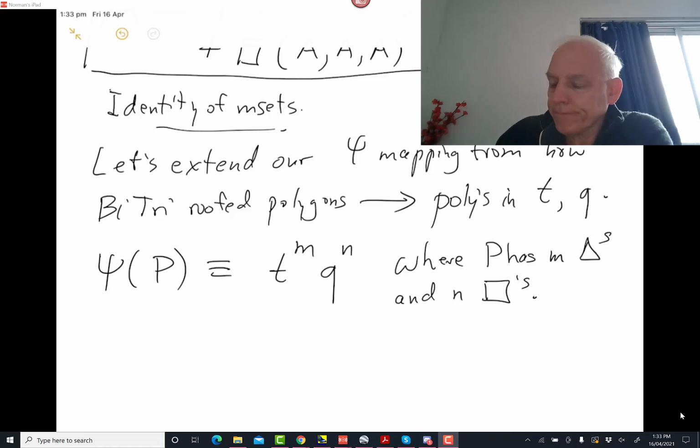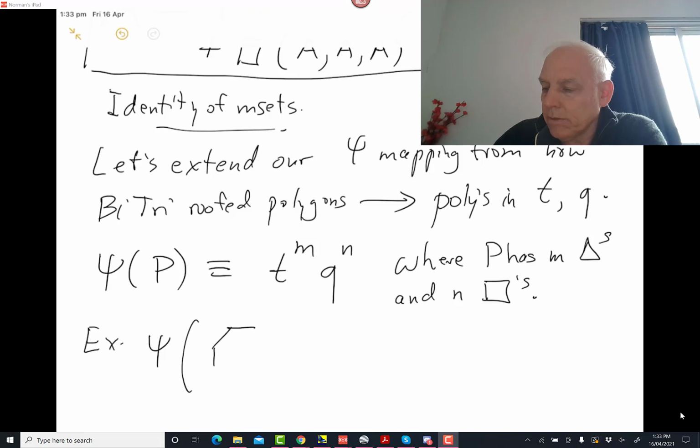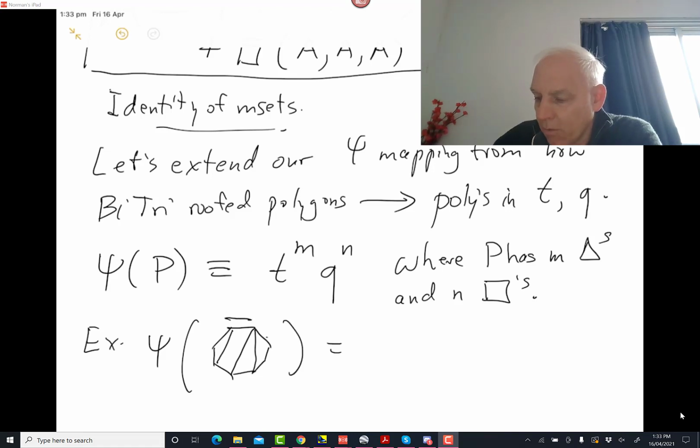All right, so for example, fine, let's make up, I'll say maybe something like this. Okay, there's a triangle, there's a quadrilateral, there's another triangle, there's a quadrilateral. Okay, there's the top. Okay, what is phi of this thing? Well, we count the number of triangles. There's one there, there's one there. So we have to put t squared. And now we count the number of, sorry, that was wrong. That was the triangle there. There's two triangles. Now we count the number of quadrilaterals, one right there and one right there. So two of them. So we put in a